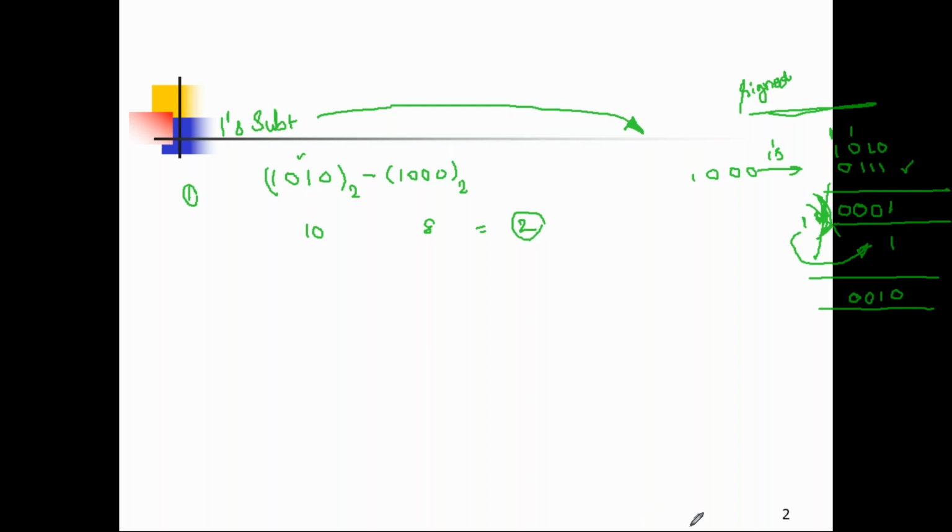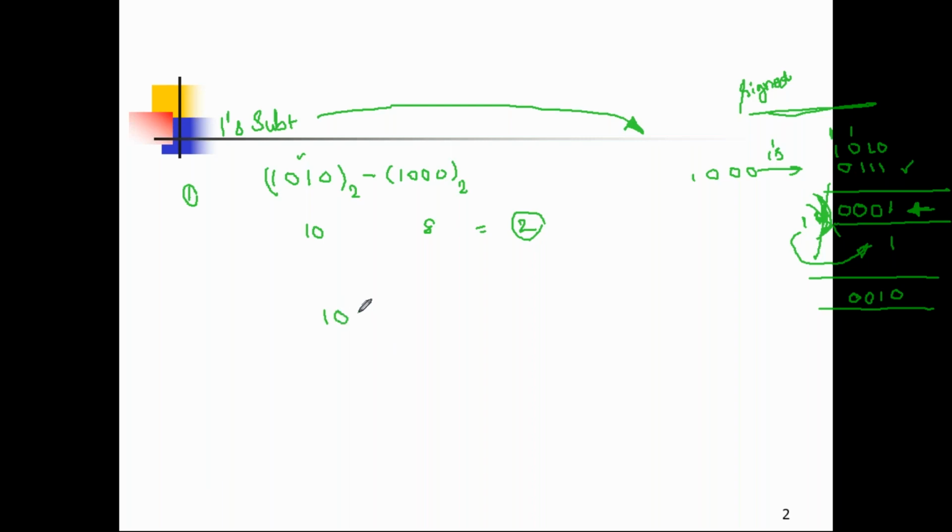Okay. On some occasions, there is no carry in the end. In some situations, no carry is obtained. Under that situation, what will be the next step? If suppose there is no carry in the end, what is the result obtained here? Afterwards, you should take the ones complement of the obtained result. What is the example for this? Very simple, the opposite of this problem.